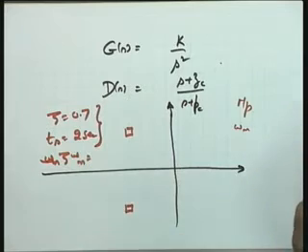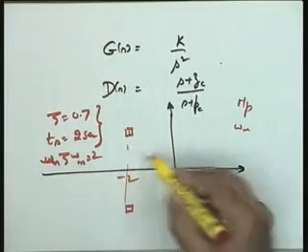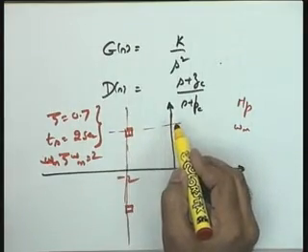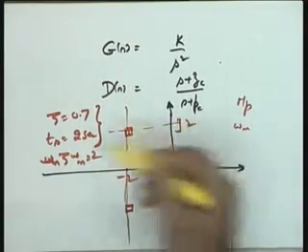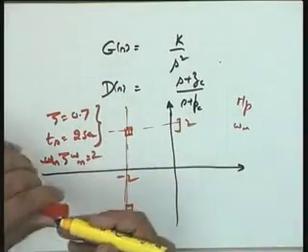If Ts is equal to 2, what is zeta omega n? Since 4 by zeta omega n is equal to Ts, zeta omega n is equal to 2. So you take this as minus 2, and the closed loop pole locations turn out to be minus 2 plus minus j2. Omega n is equal to 2, or draw a zeta line, whatever way you like.